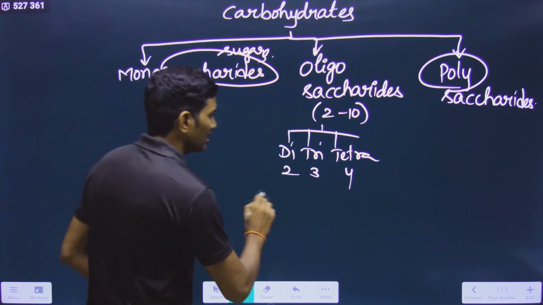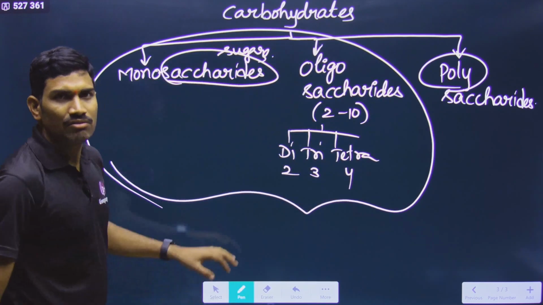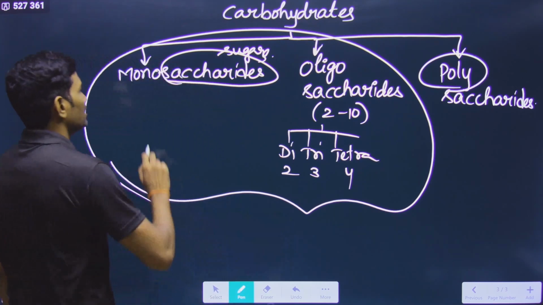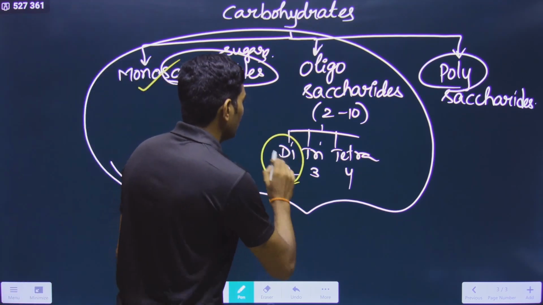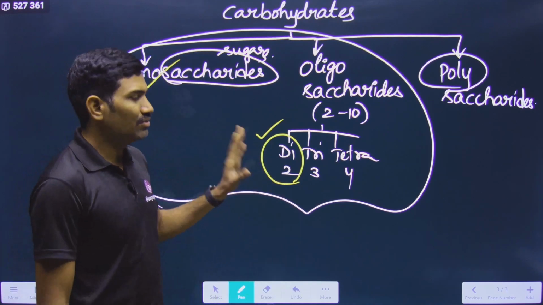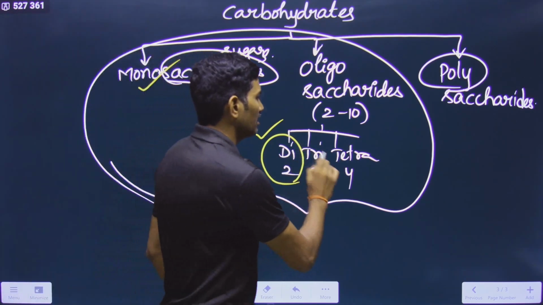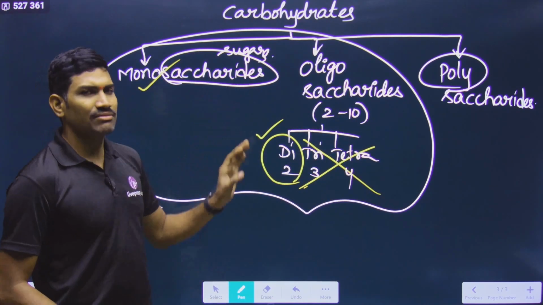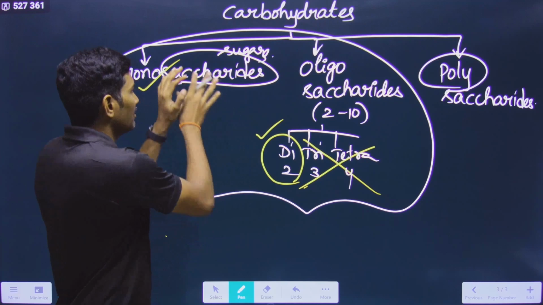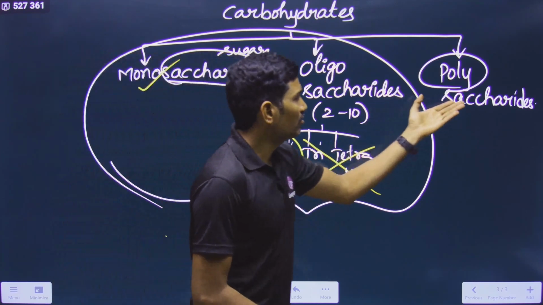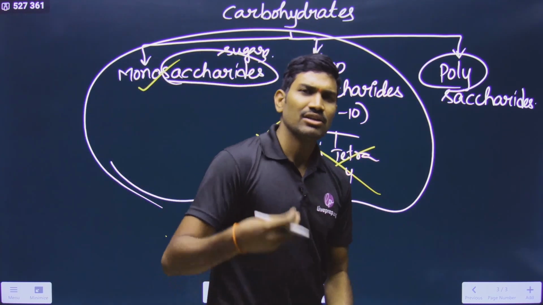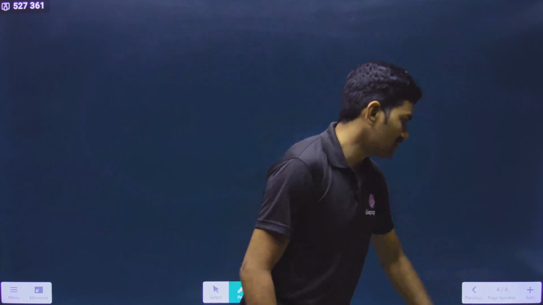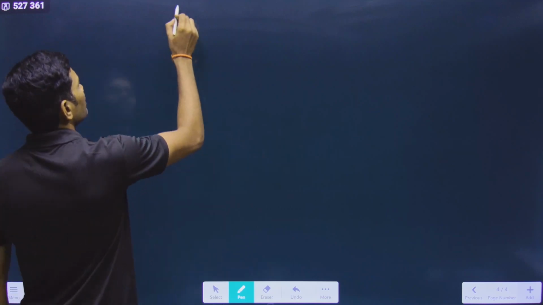In this lecture, we will try to focus on mono and oligosaccharides. In this one also, our main focus is monosaccharides and three important examples of disaccharides. We are not worried about tri, tetra, all these things. Only this basic information is enough, and in this lecture we will try to complete this. Regarding polysaccharides, they are given in NCERT, and in the next lecture we will go through them. But tri, tetra are not needed, so simply ignore that concept. Clear? And first we are going with monosaccharides.